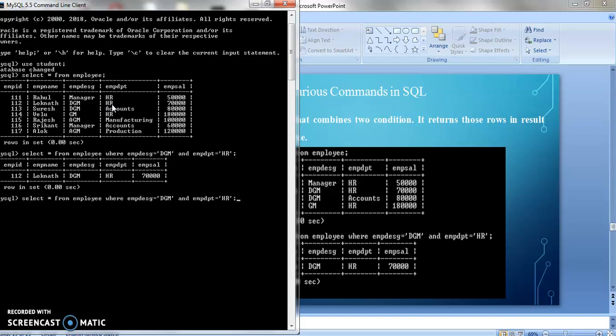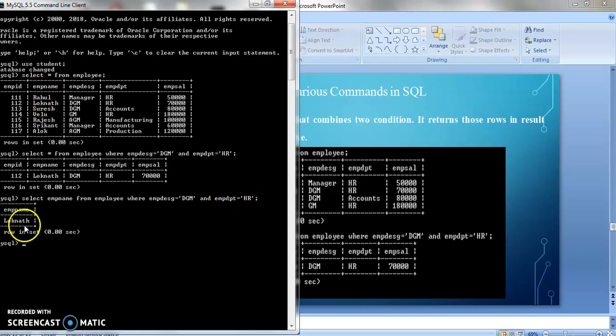Because star is used for getting the whole row and I am only interested in the employee name, I will write select employee name, and press enter.